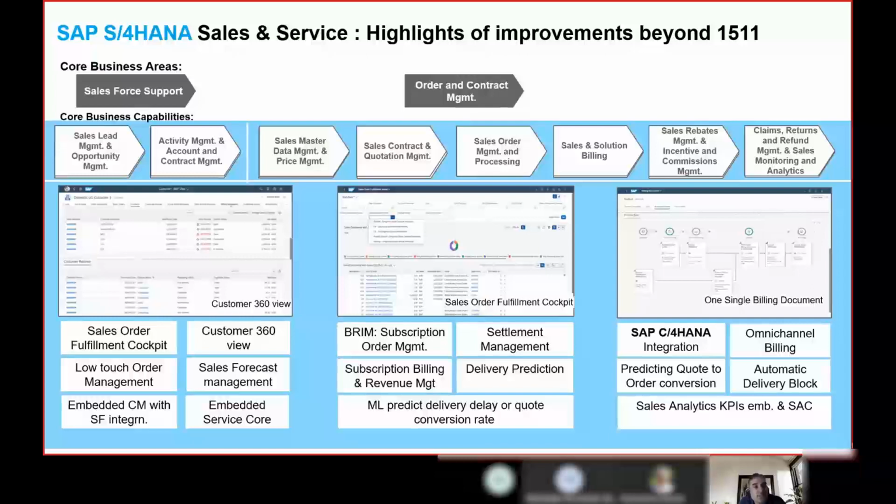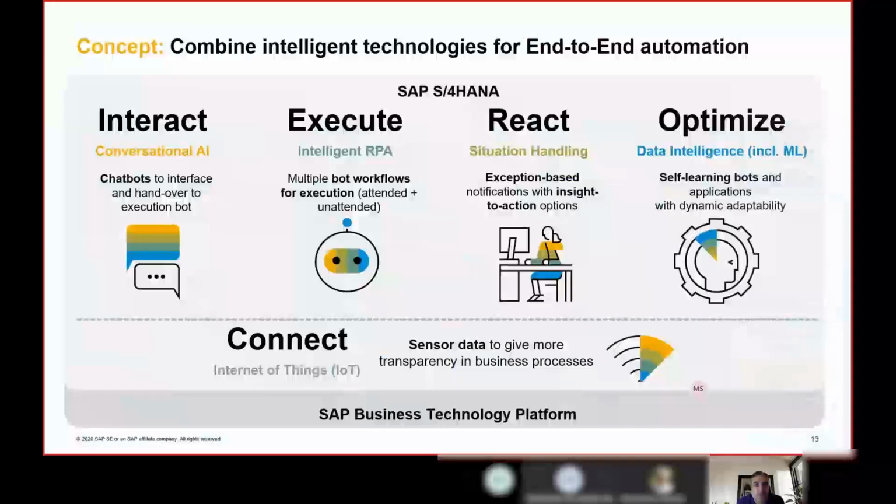That is one of the machine learning applications which helps customers identify, for the quotes they have submitted, what is the probability of converting them into an order. That helps them in managing the customers well and planning their things accordingly. So likewise, you can see from an overall sales management point of view how things are delivered in the end-to-end business scenarios.